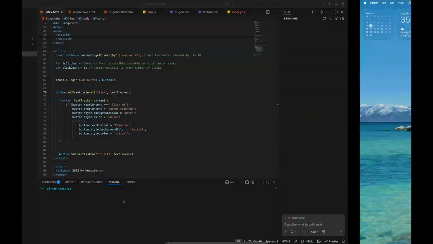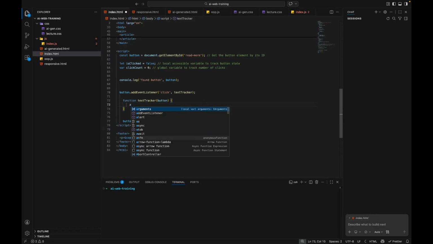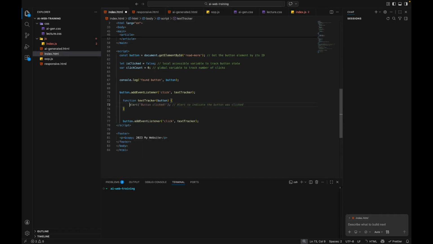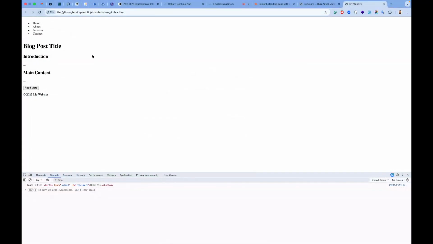Let me go and simplify this guy. Let me simplify this guy by just putting an ordinary alert. Alert, okay, button click. Okay, cool. So let me remove this guy. Let me just put an alert. Okay, cool. So let me refresh that page. Alert. So when I click on this one,